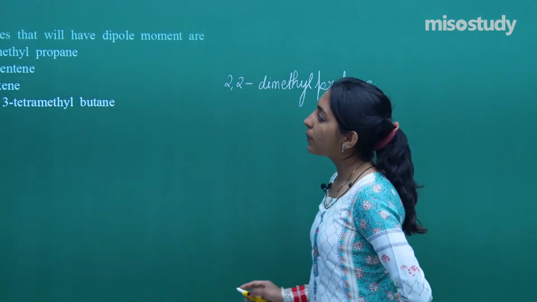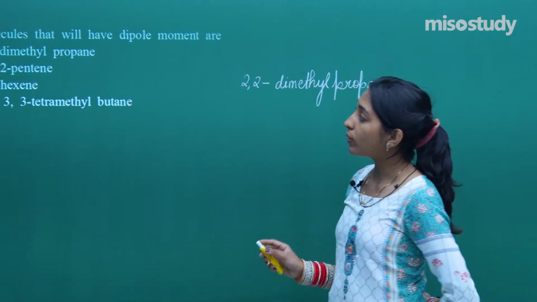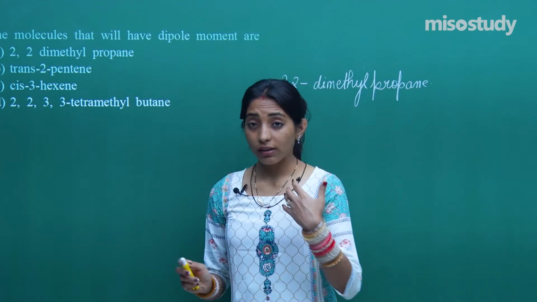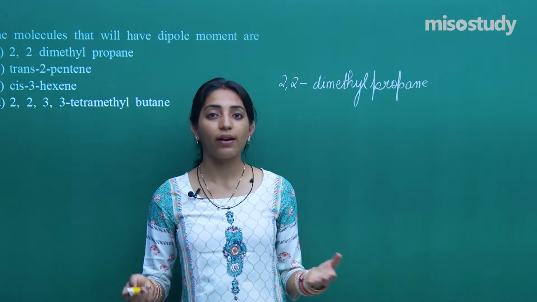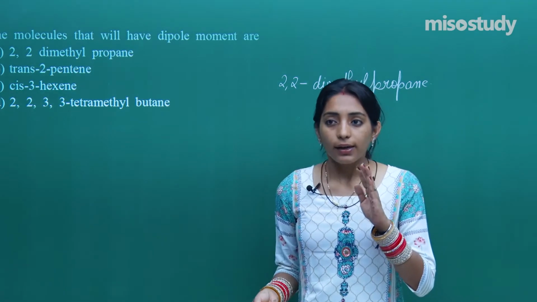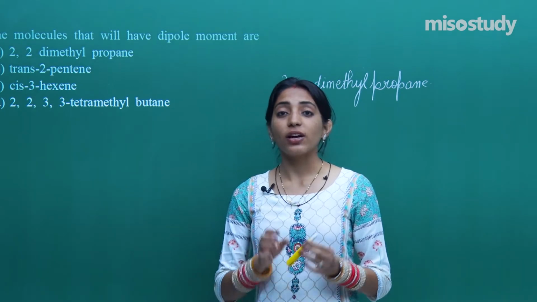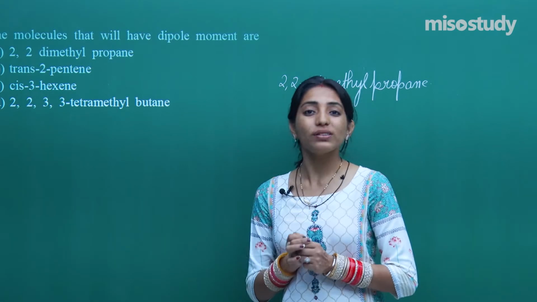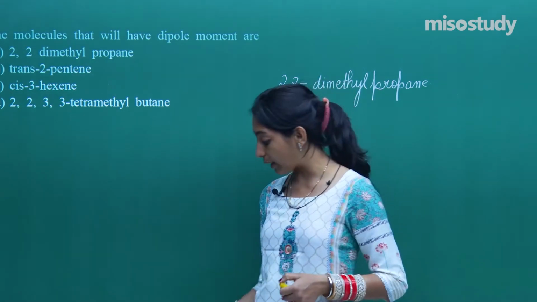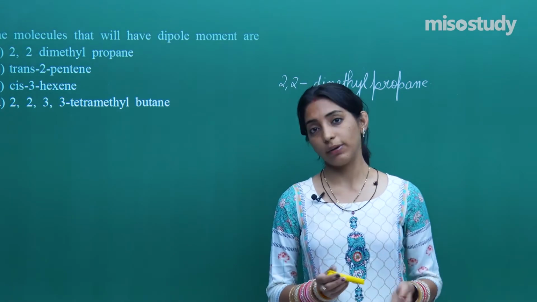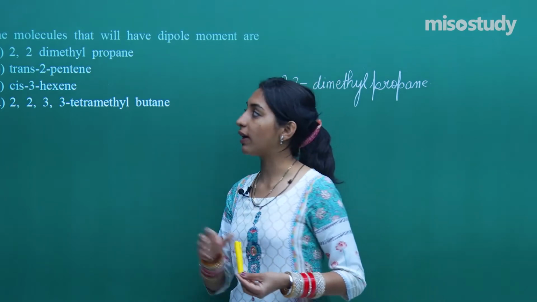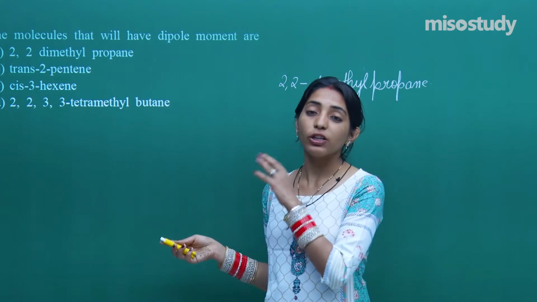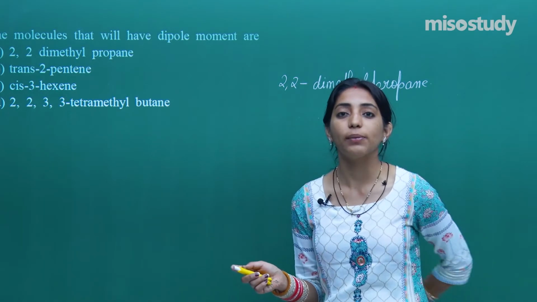So when 2,2-dimethylpropane is there, guys, see, this question contains all organic compounds, and right now you may not be very good in organic chemistry because I have not taught you yet. But seriously guys, the topic chemical bonding and molecular structure will have lots of questions from the organic chemistry part. So you need to know some basic structures of organic compounds because that will really help you in solving the questions from chemical bonding. So don't run away from the situation thinking that we have not done it and we won't be able to do it. These are simple compounds, but you should have an idea about them and you should be doing them in chemical bonding.